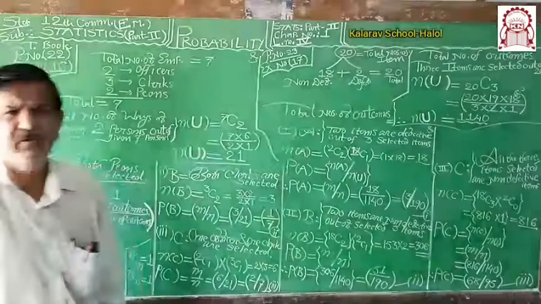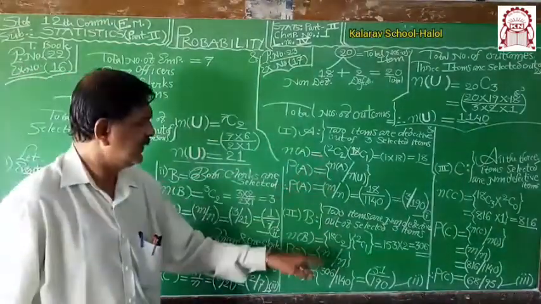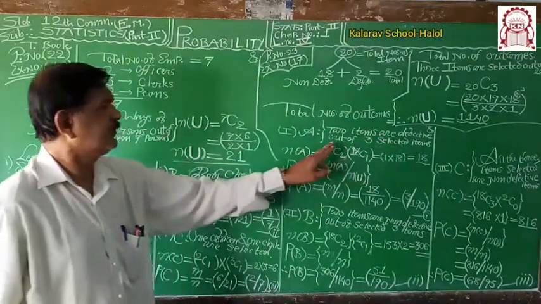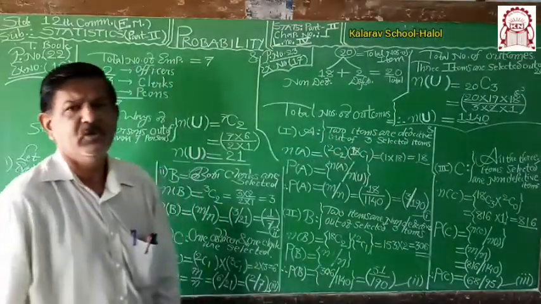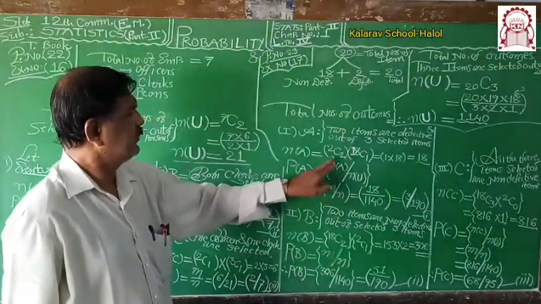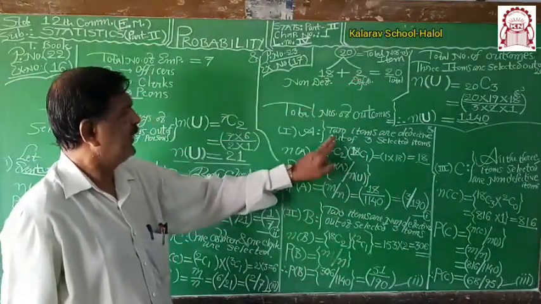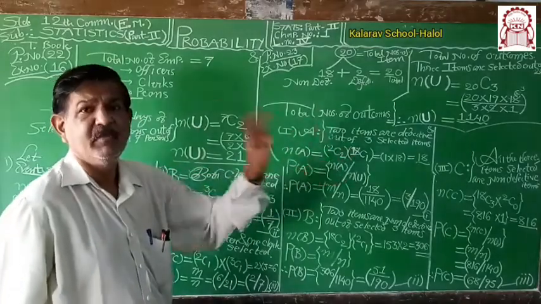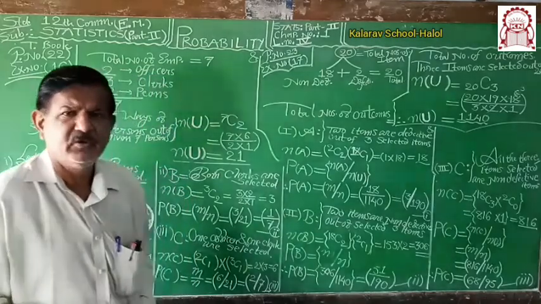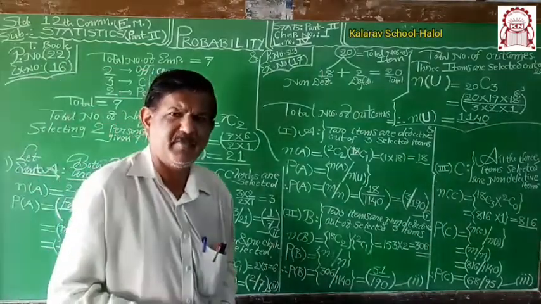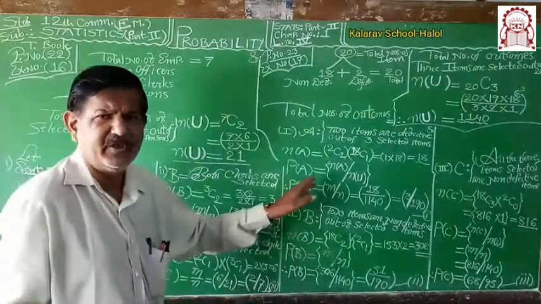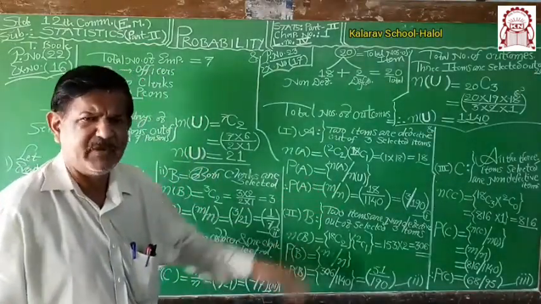Now there are three events A, B and C. Event A: 2 items are defective out of the selected 3 items. Defective items are 2, given. Favorable outcomes are 2C2, and the remaining 1 is non-defective, because 3 items are to be selected from a lot of 20, out of which 2 are defective and the remaining 1 is non-defective.